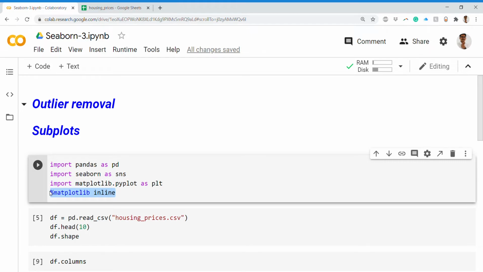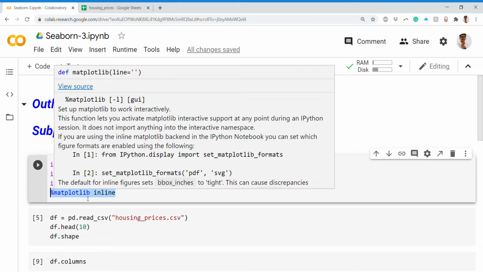In order to fix that, you have to write this line, percent matplotlib inline. You can check this for more details on what it actually does.